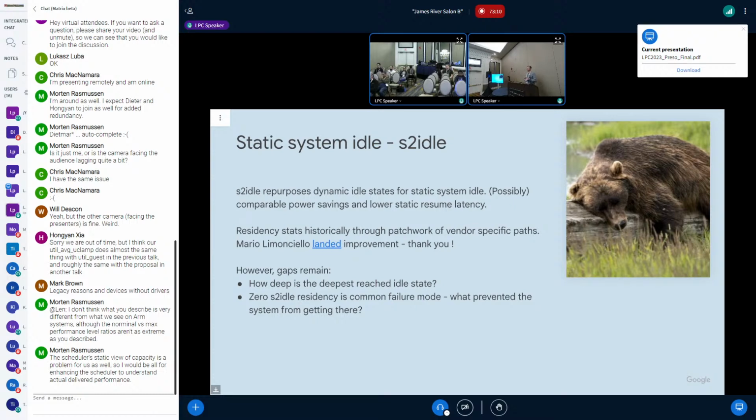The main thing that we see is we go to S0IX, we go to suspend mode, static suspend mode, and actually we didn't get there. Either it hangs or it comes straight back and it didn't work. And then of course you have to figure out why you didn't get there. What was the dynamic idle that you couldn't reach, and why couldn't you reach it? And something like that is not so easy to determine because it happens in the field a lot.